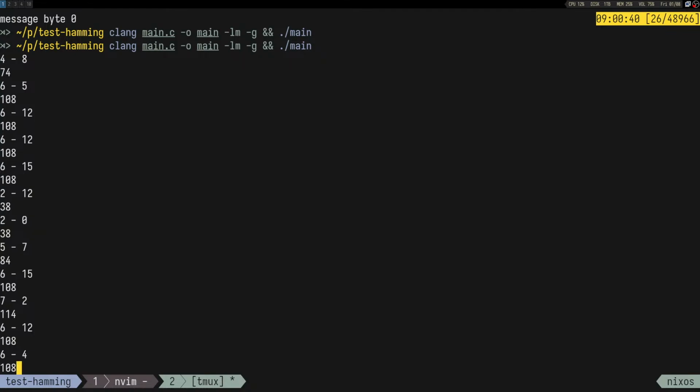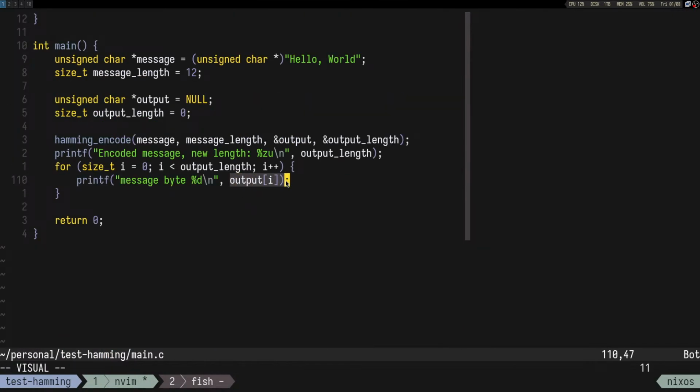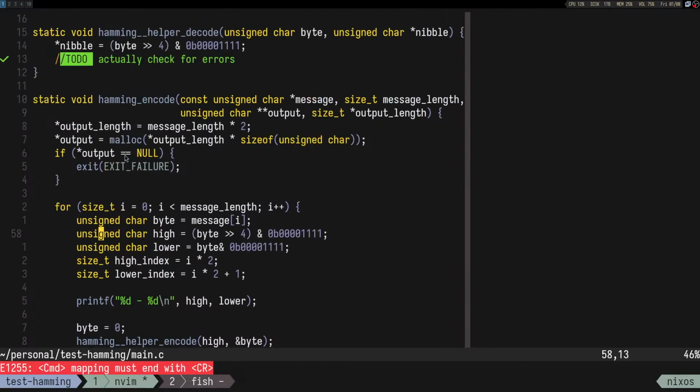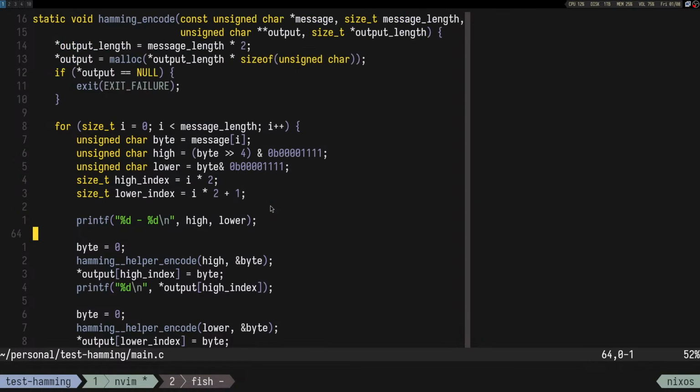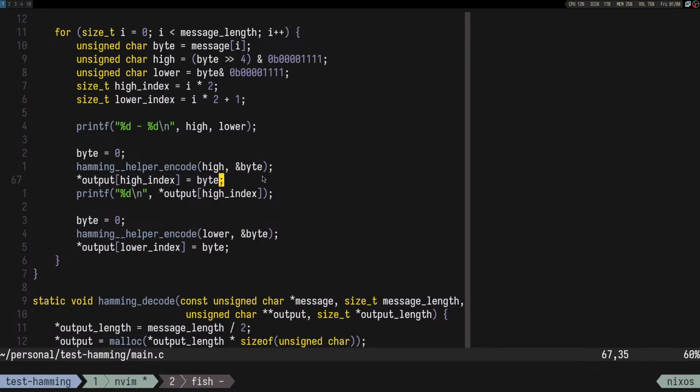Yeah, we have some values in there, but why is it just showing us 0 here? Because we are literally allocating memory and then writing in that memory, so